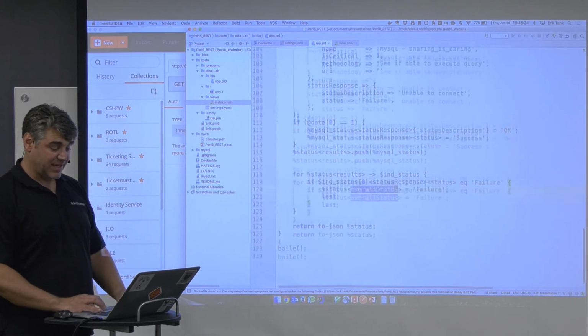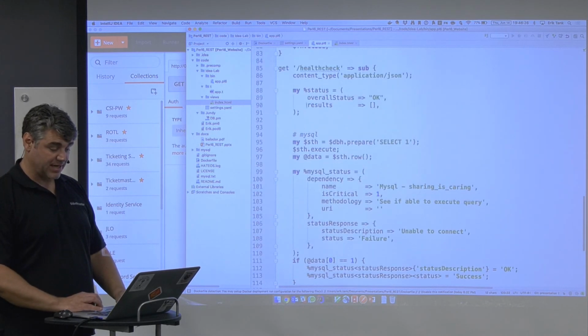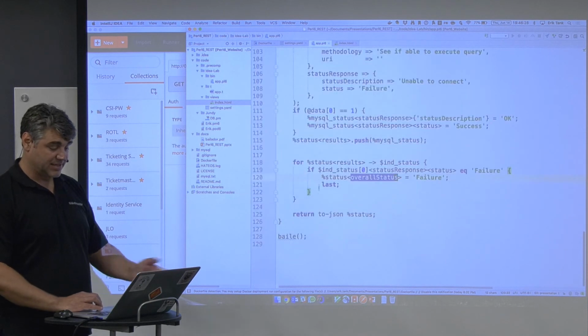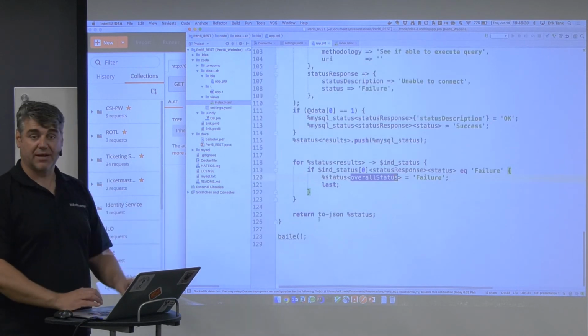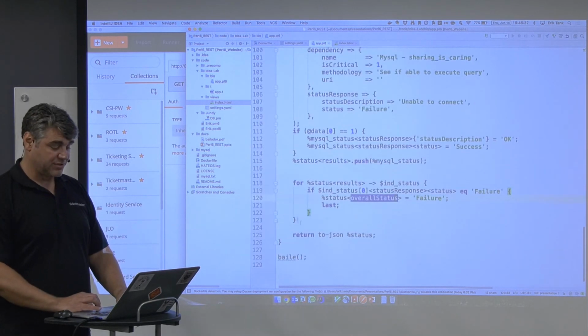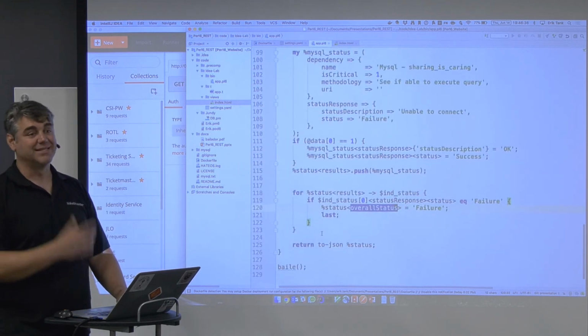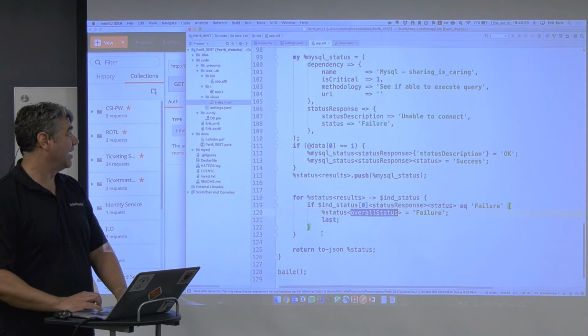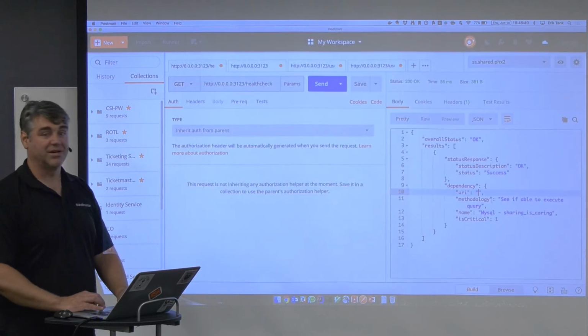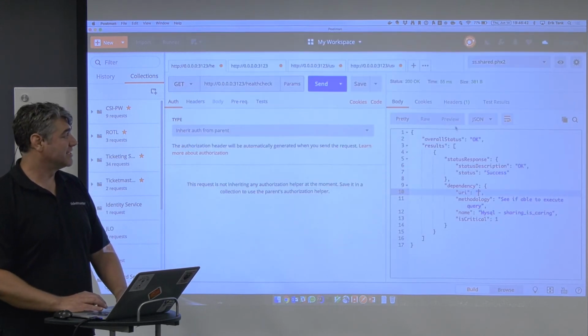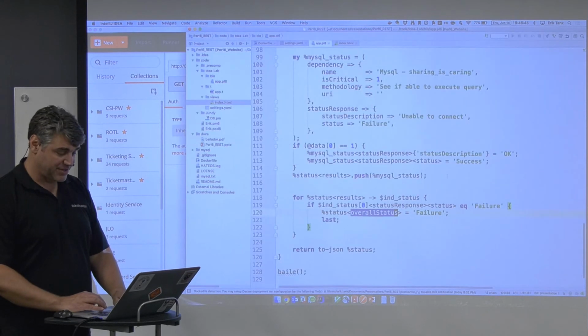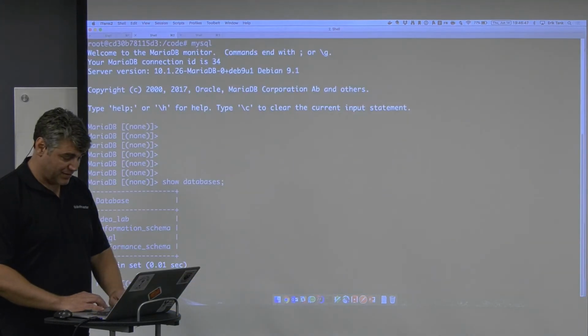But then I've created a hash object that kind of looks the way that I want it to. I just turned it into JSON, and I spit it out. Although I probably should do something with response codes here to indicate maybe degraded as well. Right now, you would have to actually parse this to understand what I'm actually talking about. Because even if MySQL went away, then I would still get